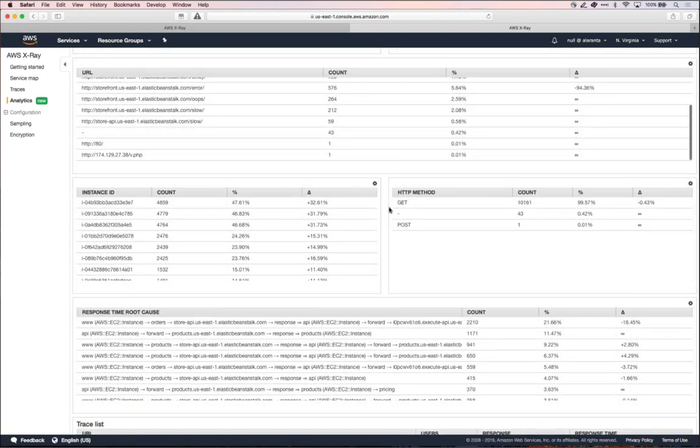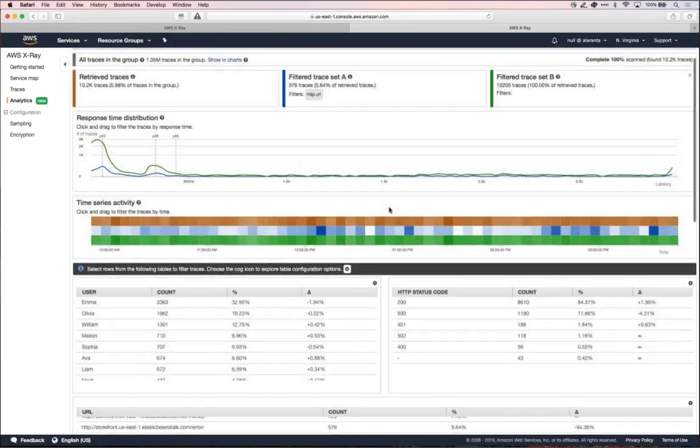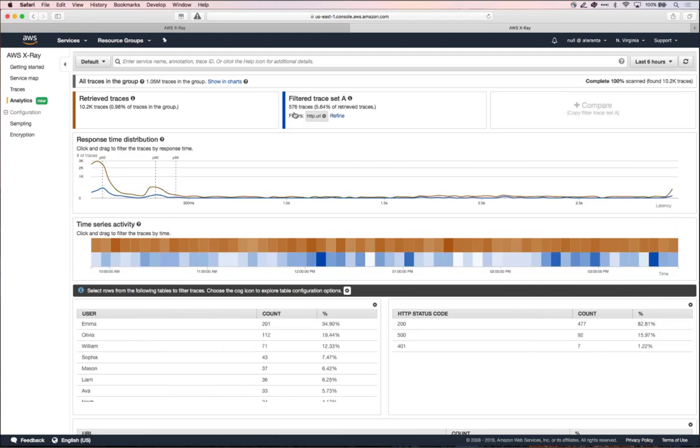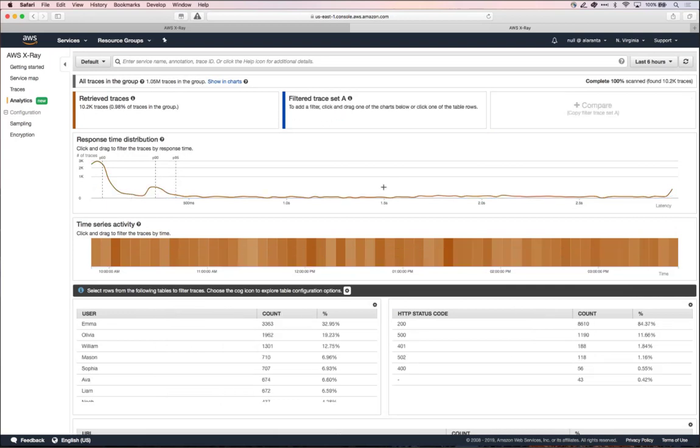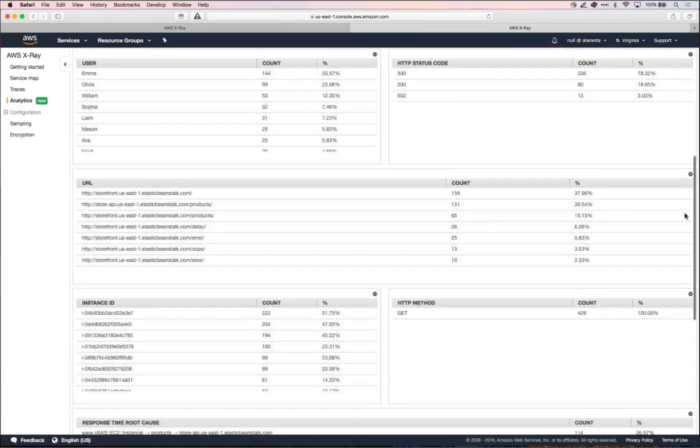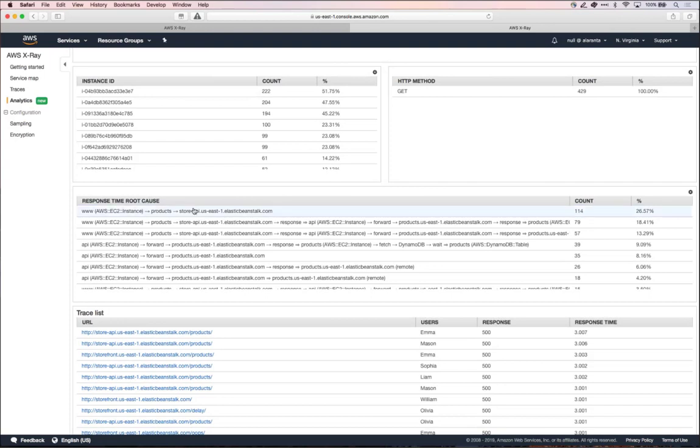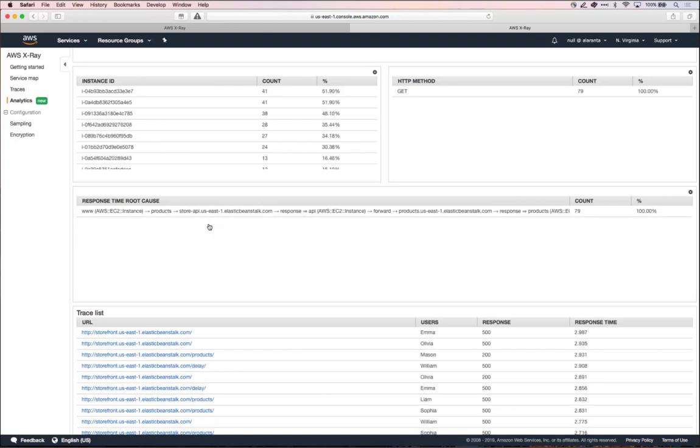We also have the root causes tables here. So if I go back and look at the greater than 1.5 second, I can just do this, and then I can hop over to the root causes. And since it has response time root causes, I can see that the majority of my requests are slow in my product service calling my store API. And then in here, it's a longer path to DynamoDB. So let's actually look at one of those. And if I look at one of the traces,